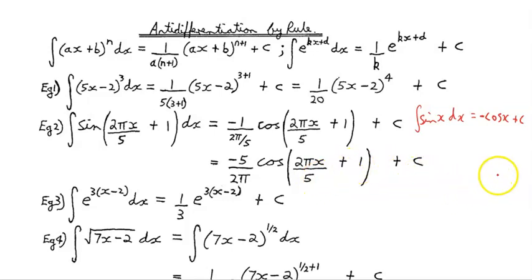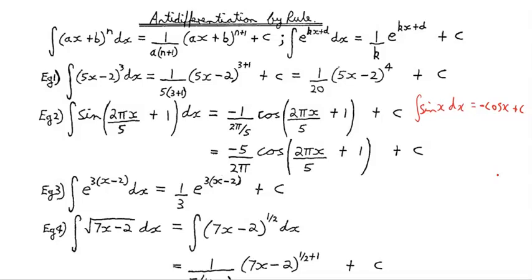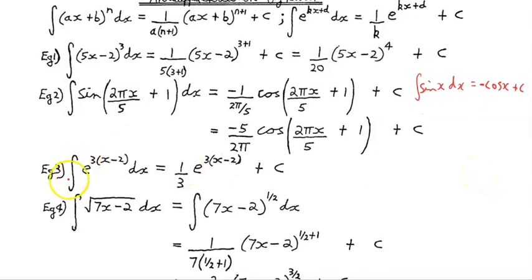constant of integration. You must always write the constant of integration there, because when you differentiate, the constant disappears and brings you back to the original, but you must have it there because what you produce when you antidifferentiate is a family of functions, and that's why you need the constant, an infinite family of functions, because the constant could be anything. Okay, the integral of e to the power of (3x minus 2), well, we could expand out the parentheses. That could be e to the (3x minus 6), so it's in the form of this second rule at the top here, and antidifferentiating that will give us 1 over 3 e to the power of (3x minus 2)